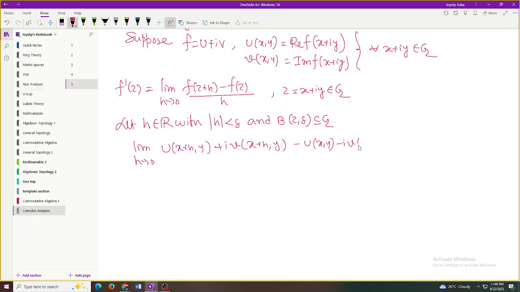So f dash z equals the limit as h tends to 0 of u over h